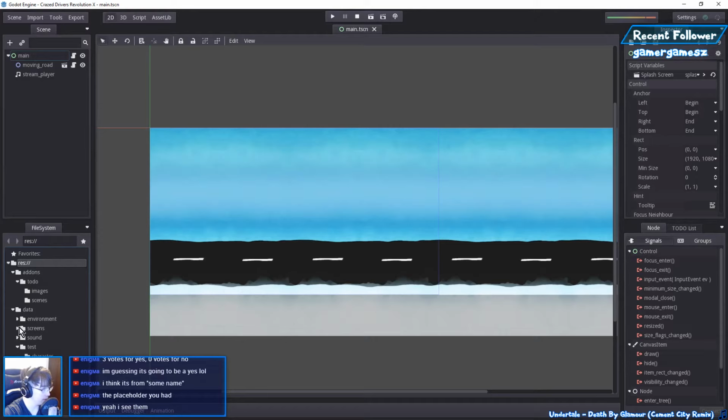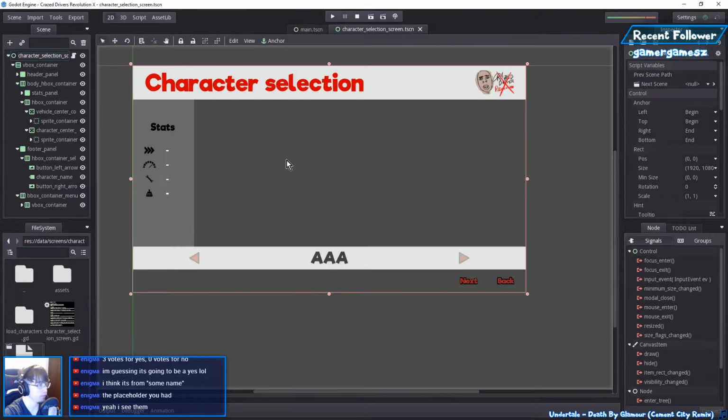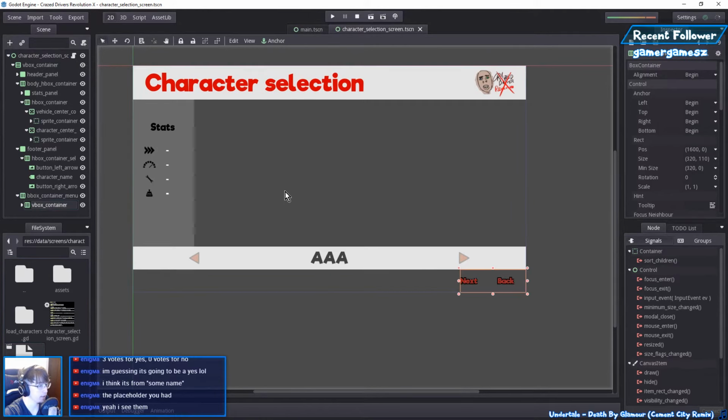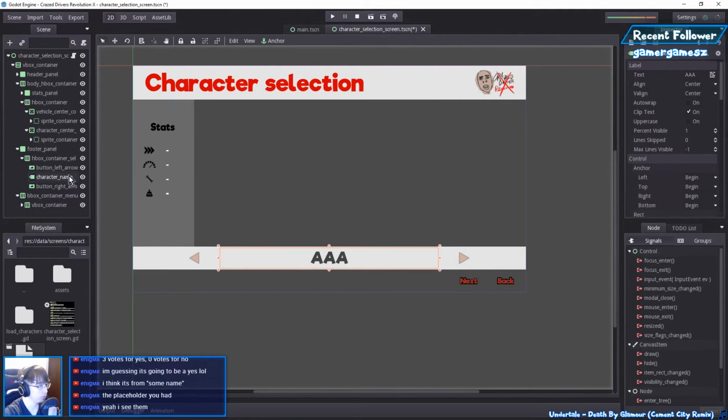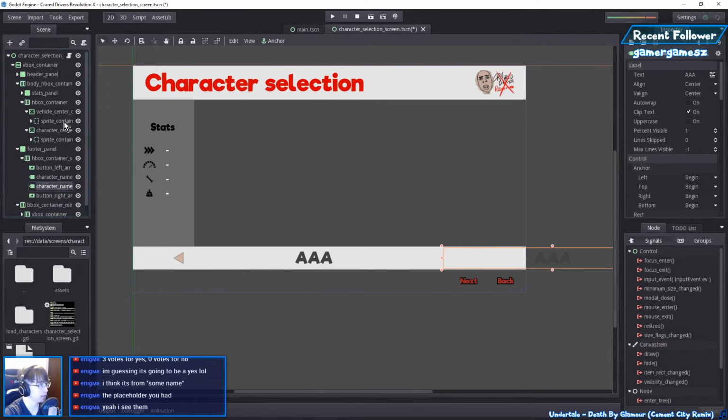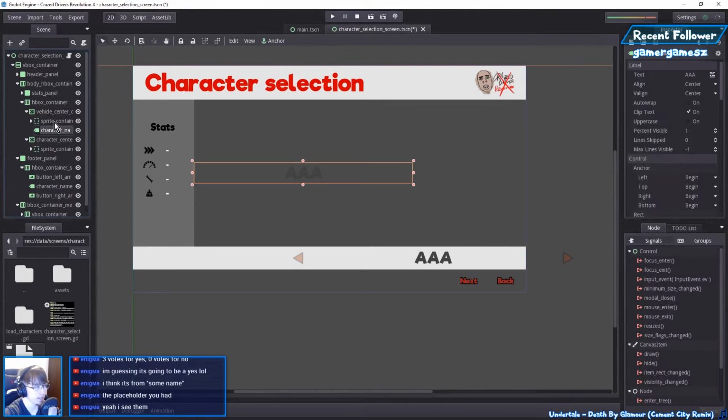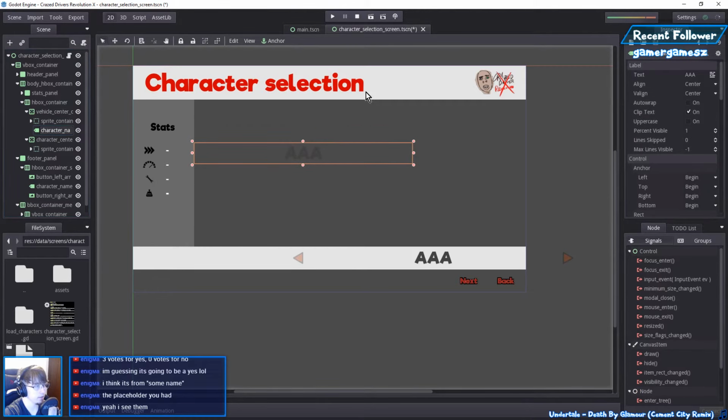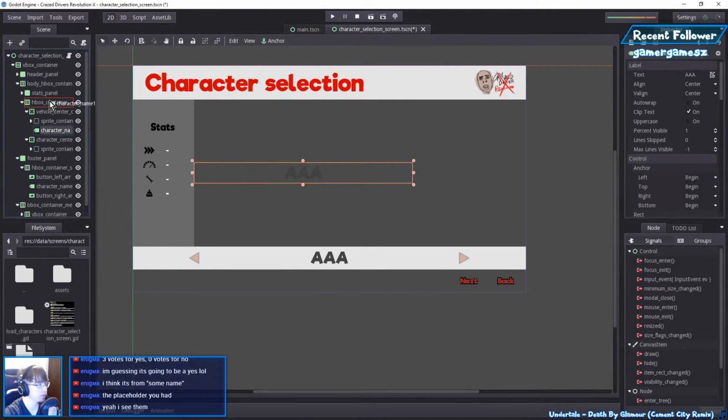Let's see here. Screens, get selection screen. So where will I add it? I guess I will add it on top of here. I want to duplicate this one because it has a good size. So let's move that right. Wait, this is horizontal. So inside here? Is it centered? I think it is. Yeah, it's centered. I don't want it to be centered. So how can I